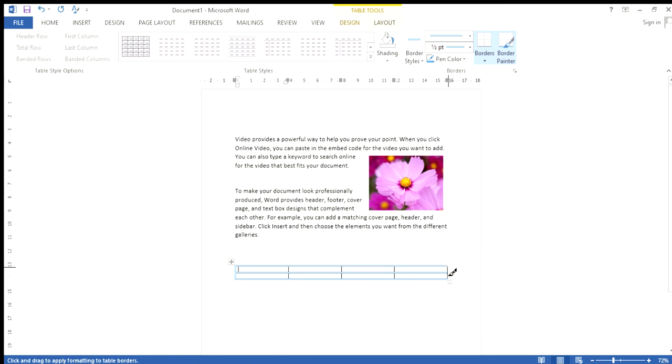Okay, good. Okay, so there we have modified, formatted our table according to preferences, and that covers how to create a table